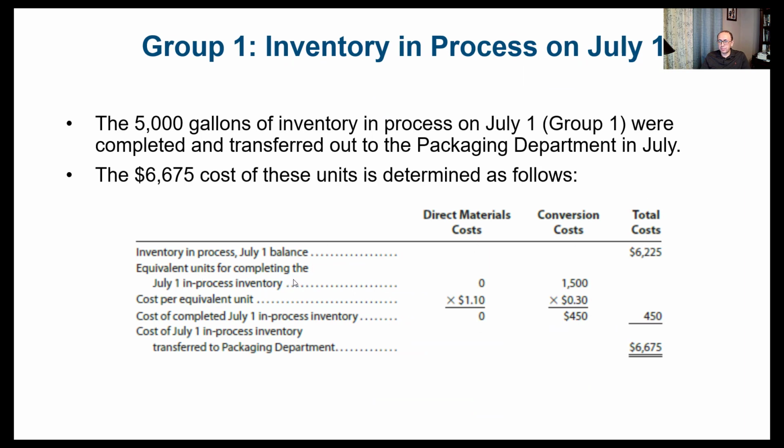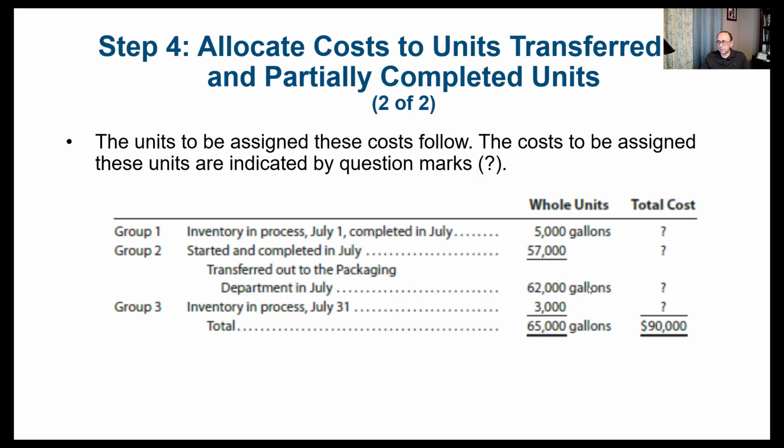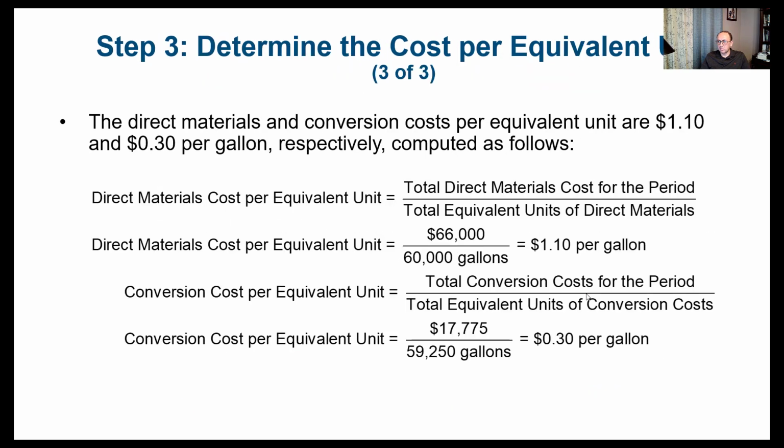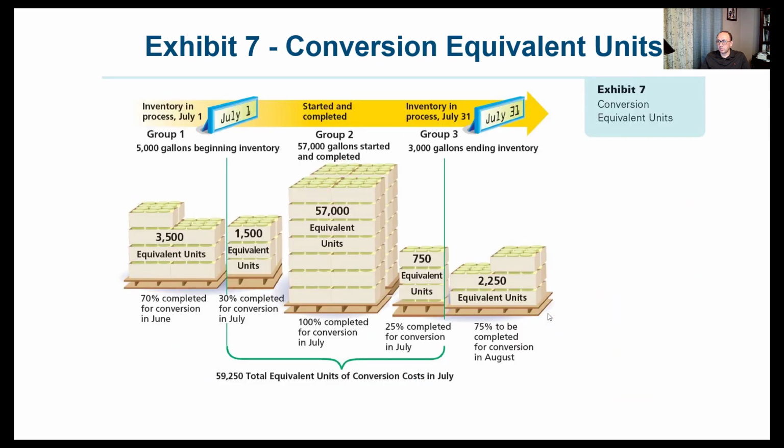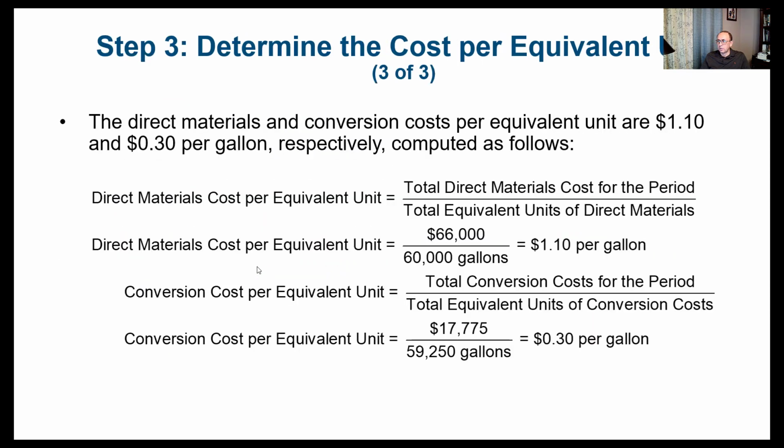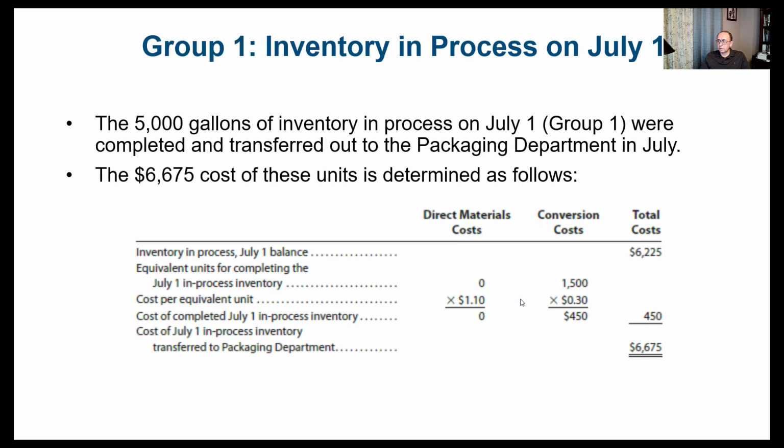The equivalent units for completing the July 1st in process inventory for direct material was 0. Remember, for material it was 100% used in June. But for the conversion it was 1,500. And let me again go back and this is where we got the 1,500. Remember, this is the conversion equivalent units. So the 1,500 are the equivalent units for completing all of the